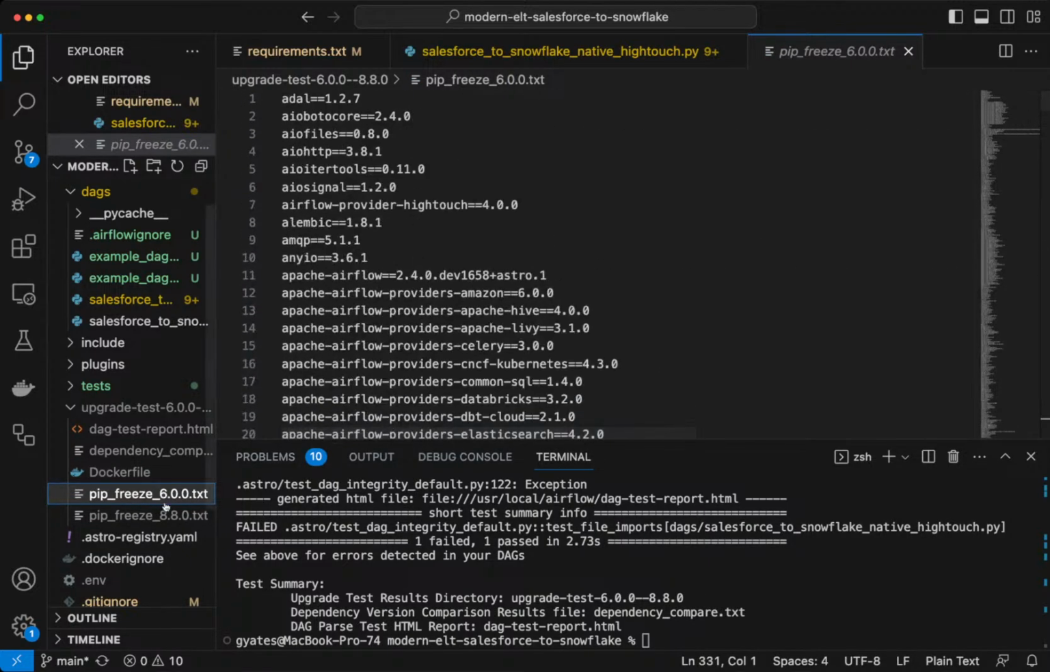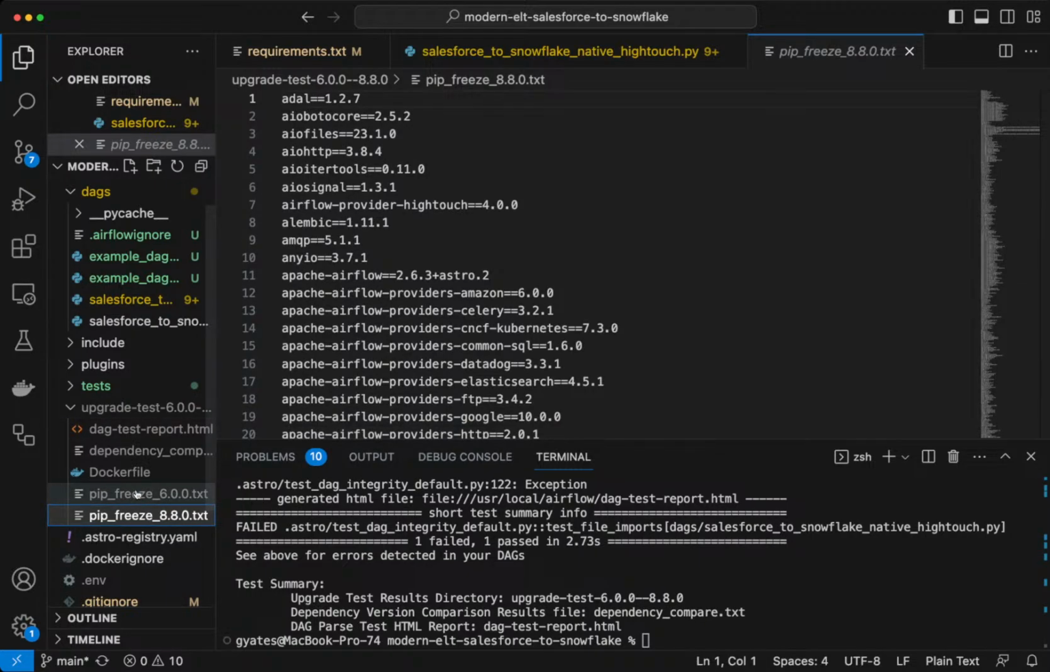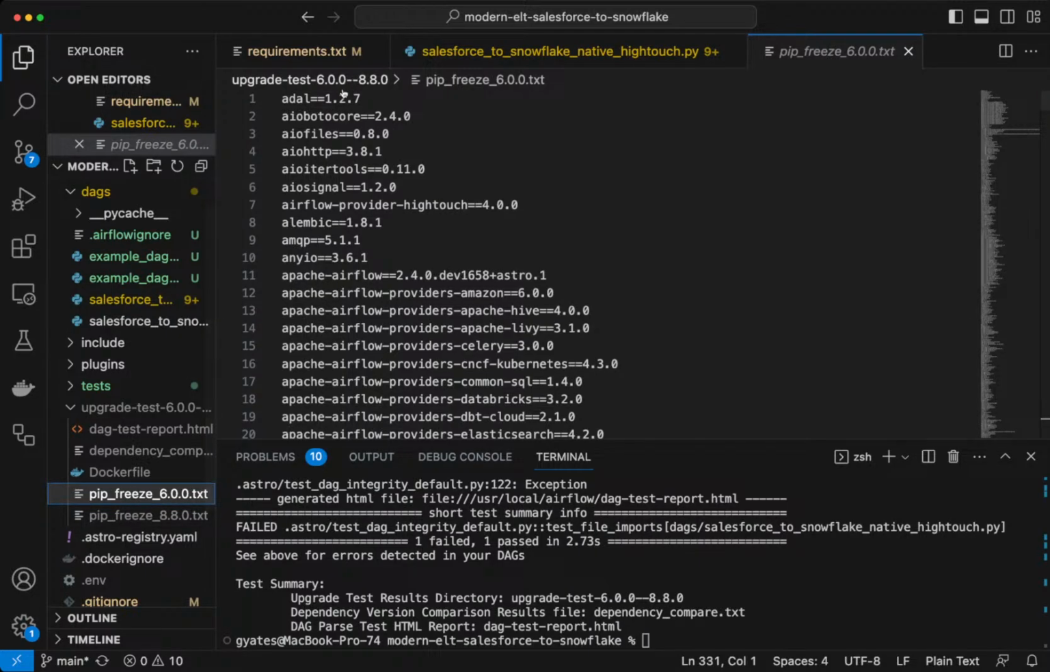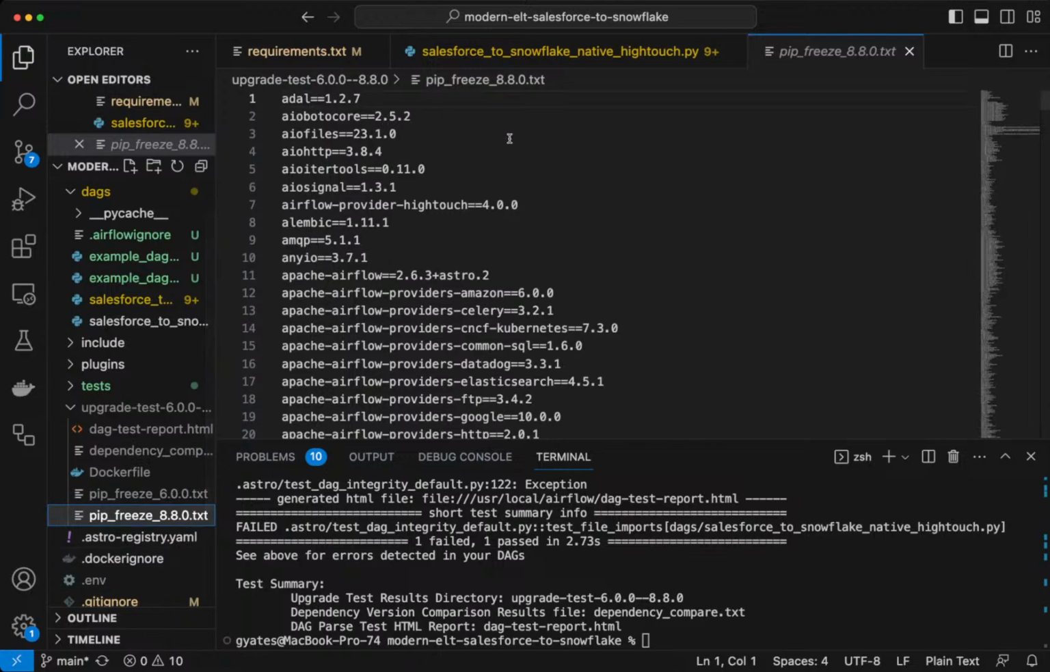This is what my current version is, and then these are what I'm going to need to upgrade to be compatible with 8.8. So you can notice if you look at, let's say, Airflow core goes from 2.4 to 2.5.2. And then another thing that we can do here is actually add a flag to our dev upgrade test to test for just specifically dependencies. So this will just give us an update on what dependency conflicts we might have